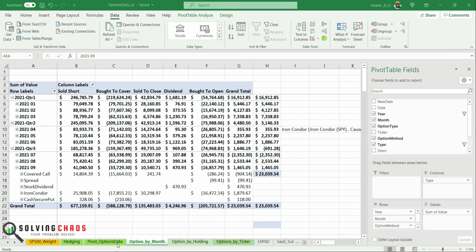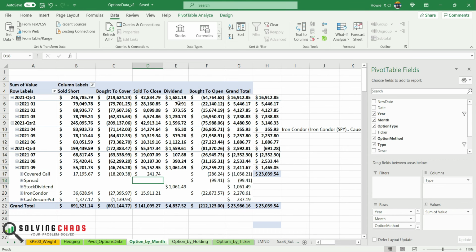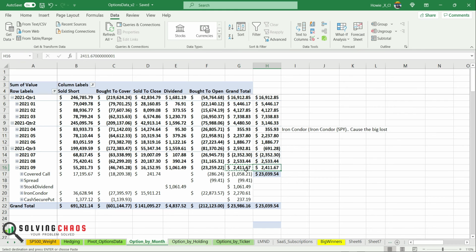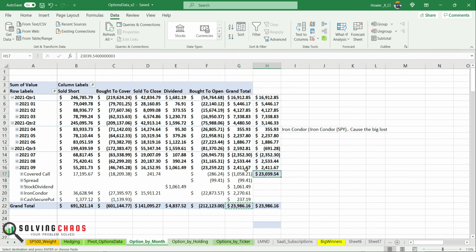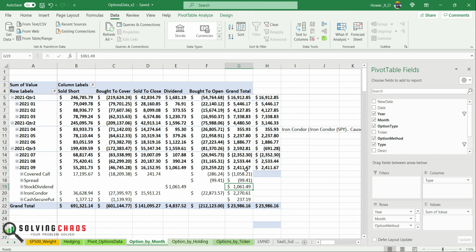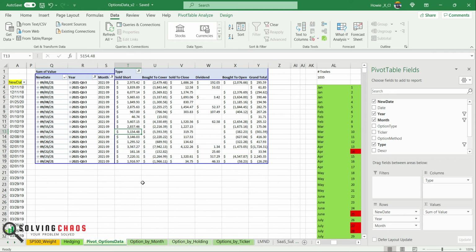The next thing I do is go to the options by month, come over here, do a right mouse click, hit the refresh button, and you see the numbers jump up. I normally just copy some of these numbers over here and copy the number over here. What this is telling me is most of it has to do with dividends that moved it up for this particular month, but I'm okay with that because that's how I track it. And let's go and fix everything else up.